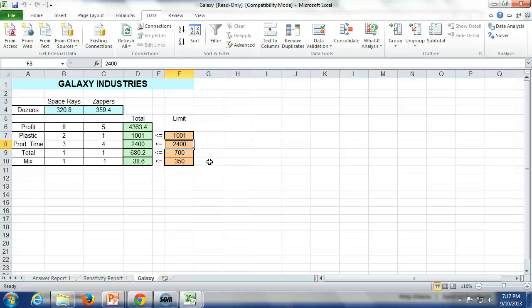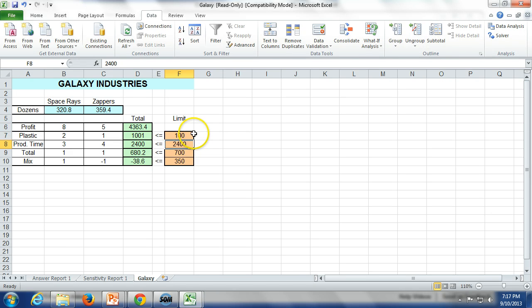Now, can we just keep adding plastic and adding money? Can we add a million units of plastic and just keep pumping up the profit? What's going to happen eventually? Something else is going to become binding, right? Something else is going to hold me back. Now plastic isn't an issue, but maybe total production is, or maybe this marketing constraint is. So we need something else to help us, okay? And that thing that we need to help us